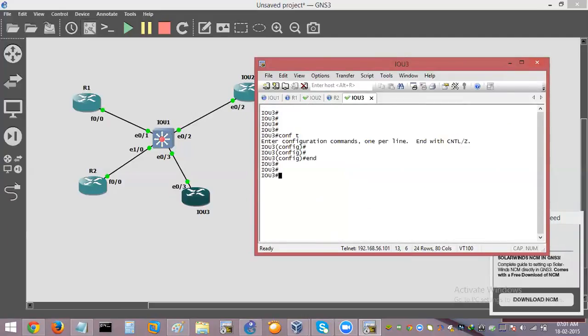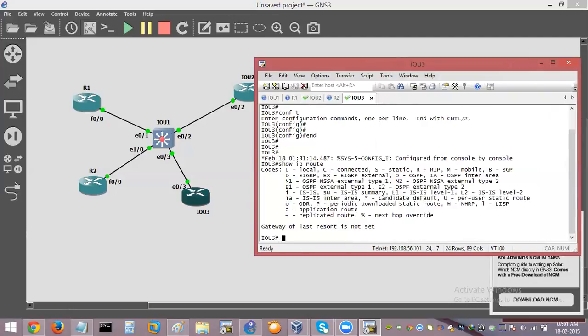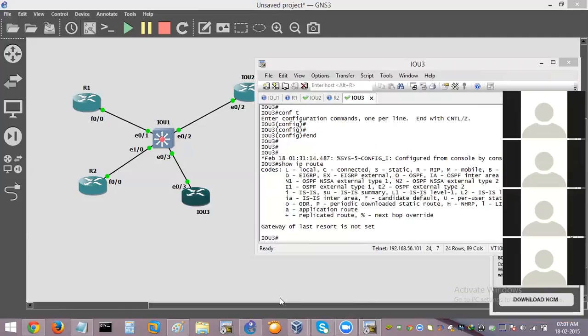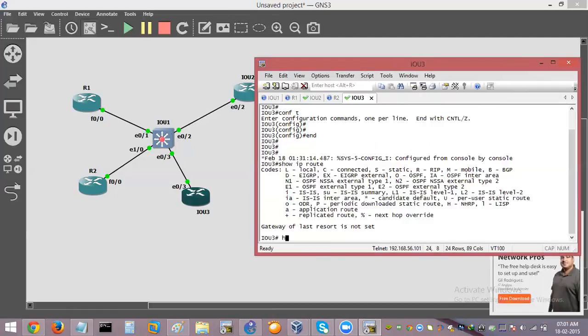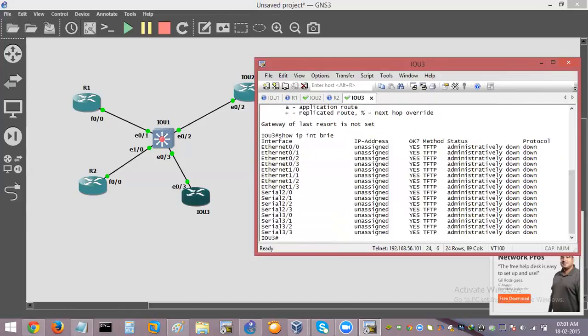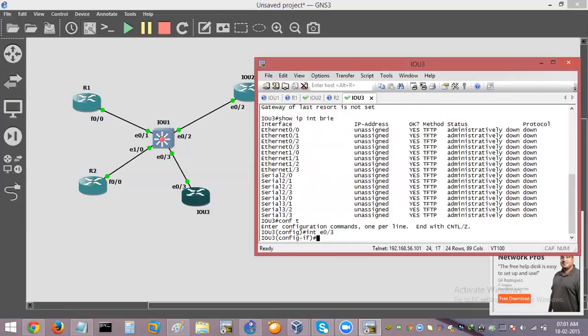Now the IP routing one, which I was talking with, which we already did yesterday. Right now, if we check show IP route, there's no route in the routing table of IOU3, right? Because if you check show IP interface brief, there's no IP address on any of its interfaces, right? If I go to interface E0/3, which is actually connected to the same Ethernet segment that R1, R2, and IOU2 are connected, and put an IP address